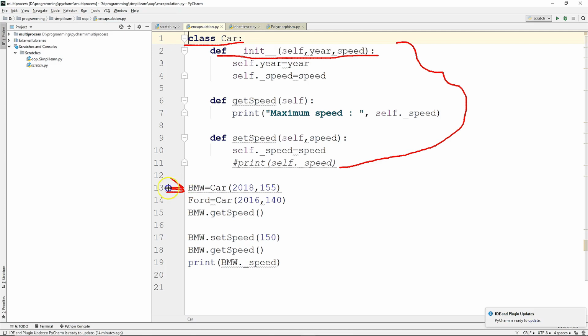Wouldn't that be nice if I can just whip out a BMW and make a BMW? When we create our instance BMW, it does not change the class car. Whatever we do to this instance does not make changes to our class. And the same thing with the Ford. The BMW does a get speed. It might do something here in the definitions under the class, but the initial class,